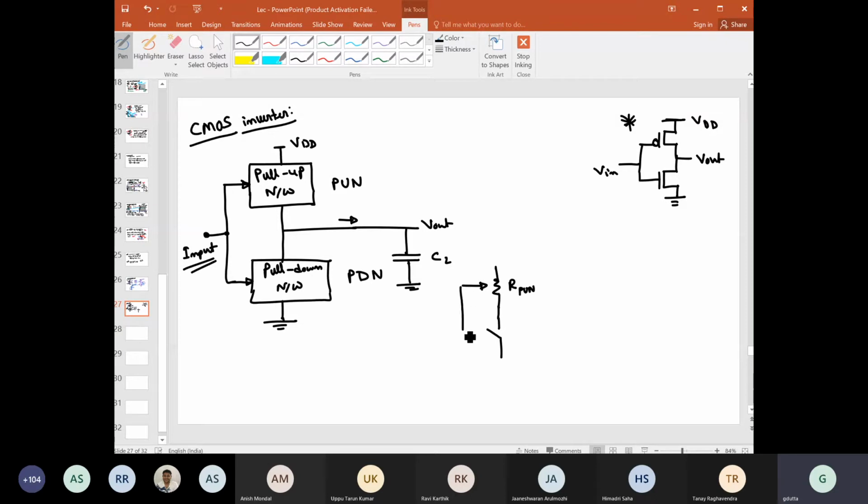So this is the input, right? This input is controlling both this pull-up network and this pull-down network. This is PDN. PDN is open, right? And this is VDD. This is that capacitor connected with this. This is the C load, right? And this is V out. And what will happen here to this V out? So here current will flow. If this capacitor was initially discharged, then the current will flow and try to charge this capacitor.